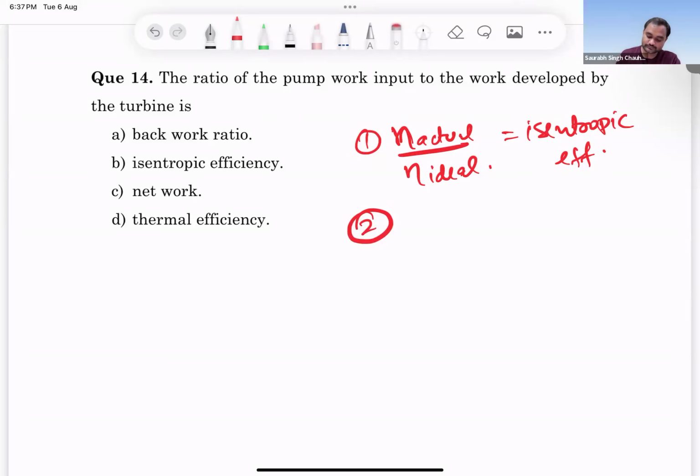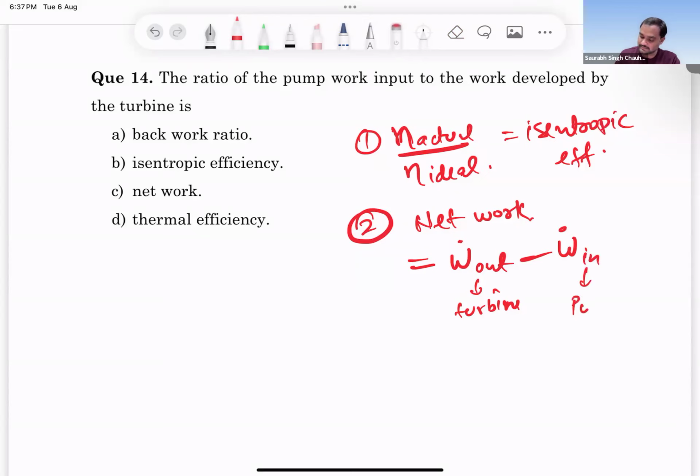Okay, net work is the work output from turbine minus work consumed by pump. Okay,